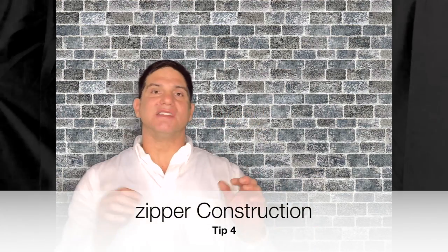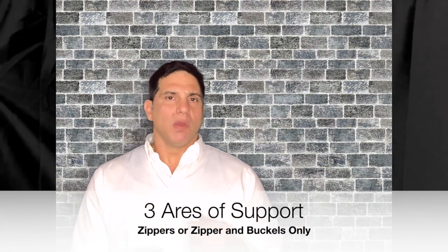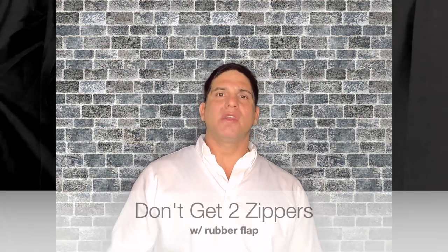Zipper construction is the most important aspect of a chamber. The minimum you want is at least 3 areas of security on that chamber, meaning that most chambers have 2 zippers and a couple of buckles, or 3 zippers, but you want to at least have 3 areas of support or closure along that zipper. So whether it be 2 zippers and then a series of buckles or 3 zippers is most important. You do not want to purchase a chamber that has less than 3,